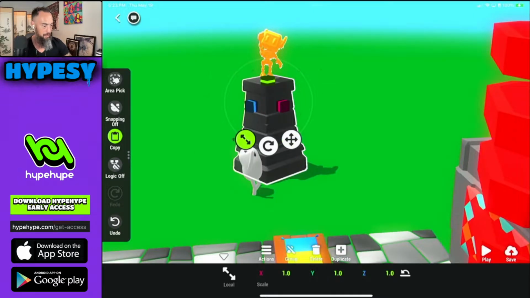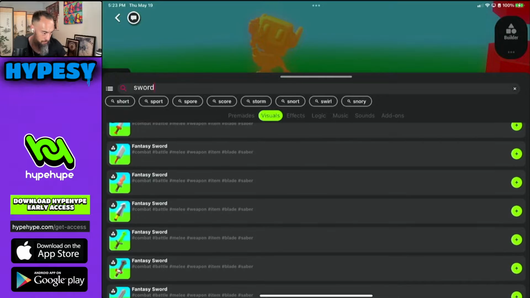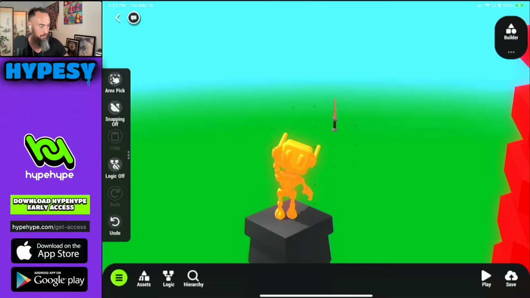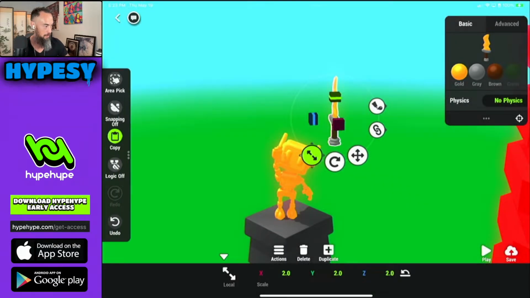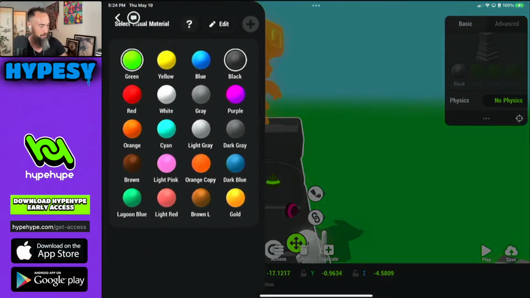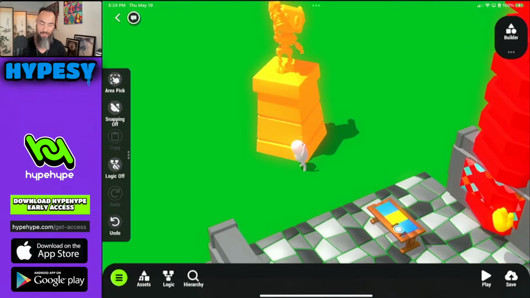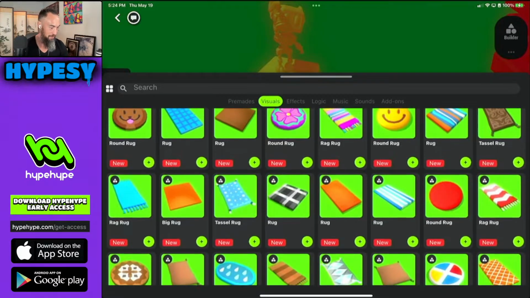Grab both of these objects and scale them both. Let's go ahead and add a cool sword. This one is the dopest. It's about size 2, so we're gonna make this all gold. Kind of looks like a torch, and let's make this gold as well. So now we got a golden statue looking good, playing around, having fun with these new assets.